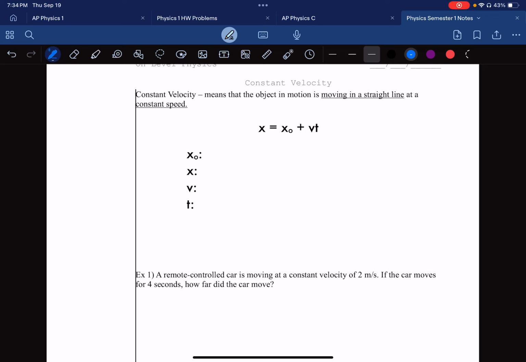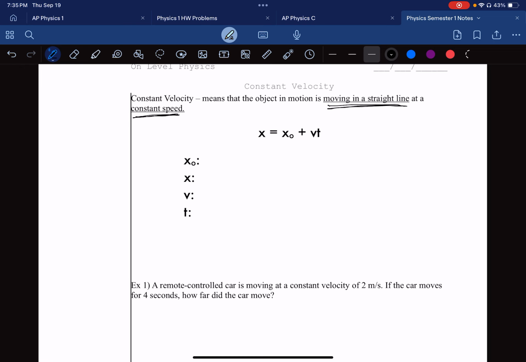This is constant velocity. Constant velocity just means an object that's moving at constant speed and never changes direction. So that means moving in a straight line. And so we have an equation today for this one. This equation allows us to keep track of the position of some object